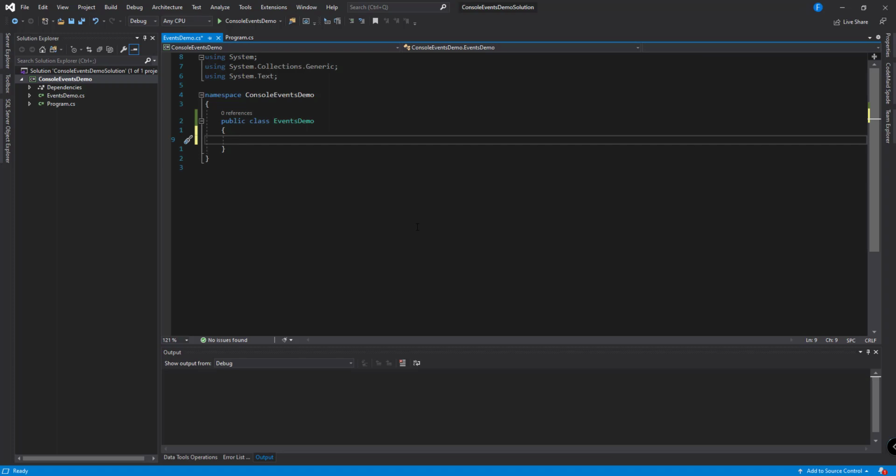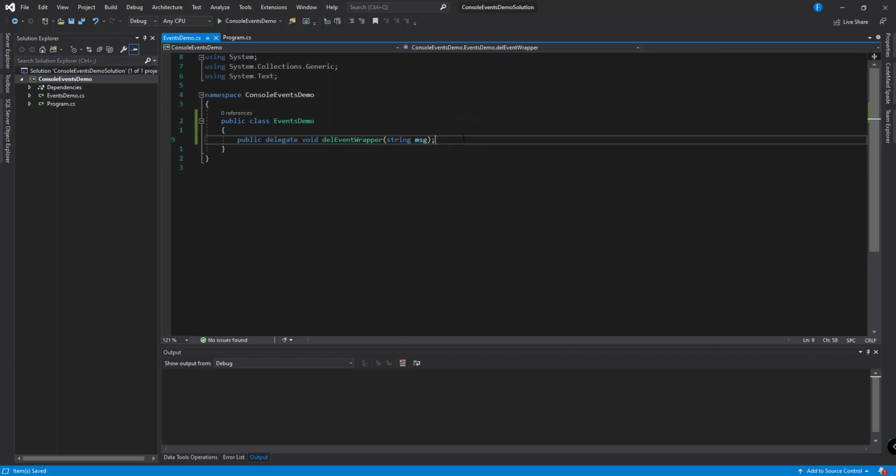Public delegate, return type void, EventWrapper, and we'll just print a console message through parameters. So let me print a message. So we have a delegate created to wrap around our event.